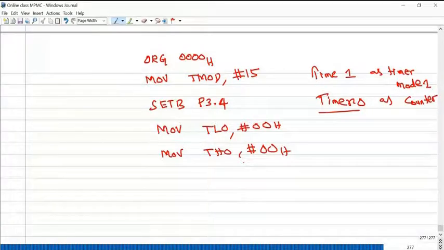Okay. Initial value. Now start your timer. Start your counter. SETB TR0. Okay. SETB TR0.